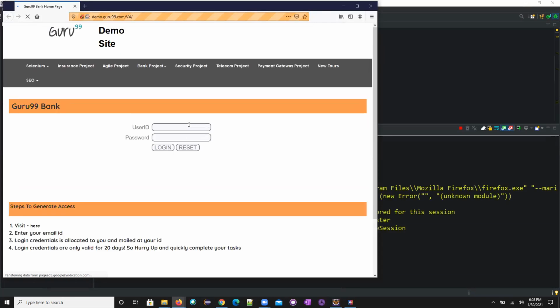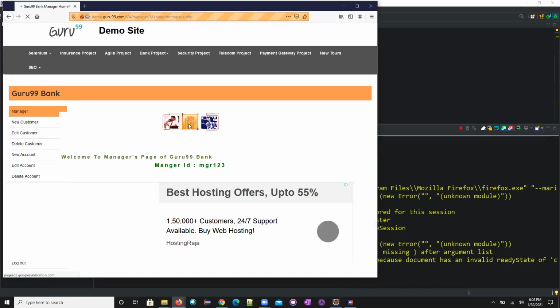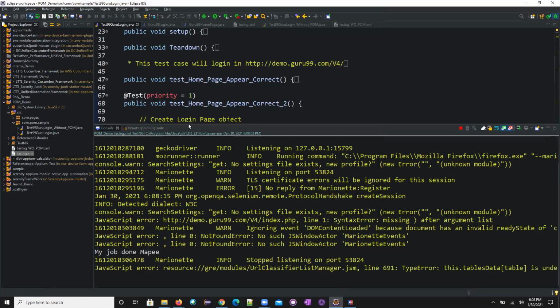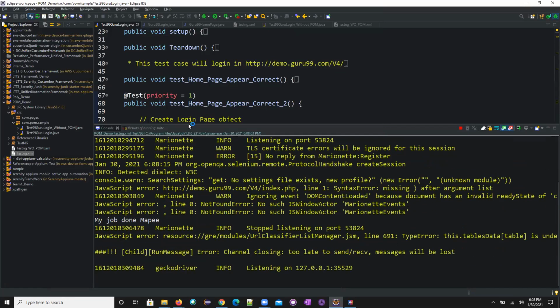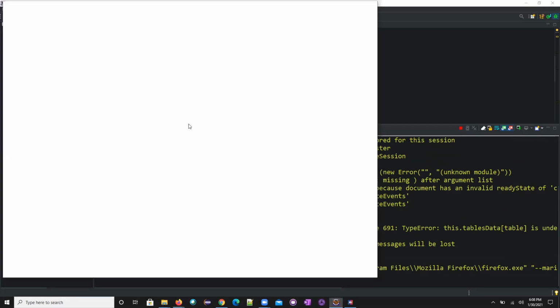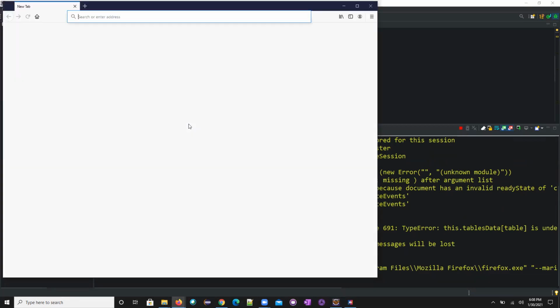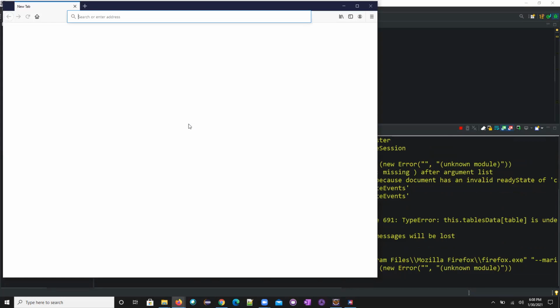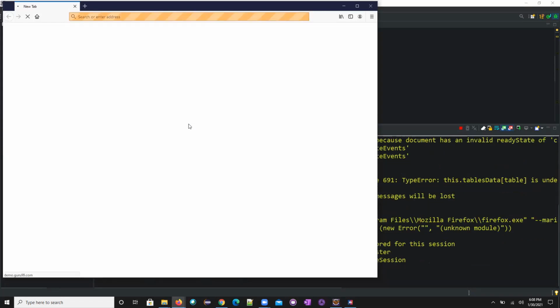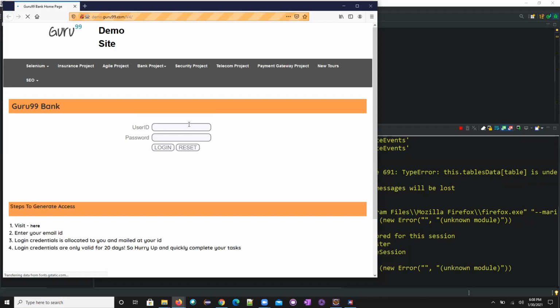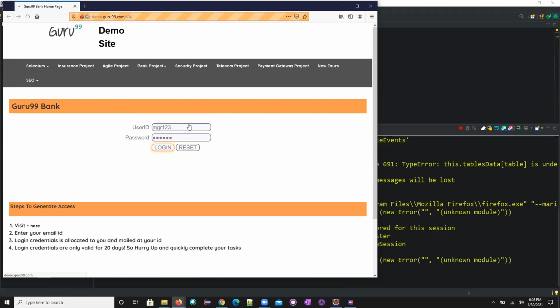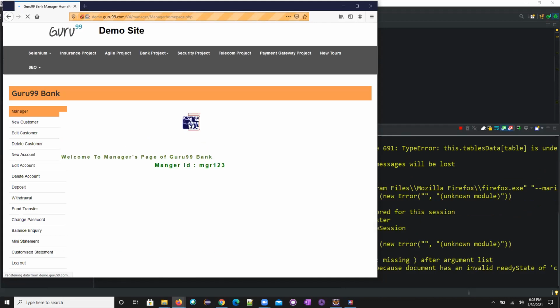So this is the first test case. It navigated to the page, entered the username, logged in, went to the home page, and it closed. And it has started the second test case. It was trying to open the browser. In the second test case, it opened, navigated to the URL, entered the username, password, and went to the home page.